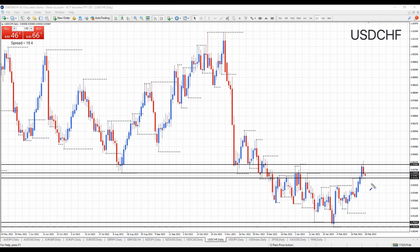Alright, moving on to dollar franc. Now last week, the blue candle here Friday, we came up and tested 94.08, which is weekly resistance. Yesterday we tried to get above, couldn't. So is this the end of the run, or is it simply a short-term sell-off? So the key level to watch at the moment is 93.32, this daily resistance level that we moved above last week. Does that offer now support